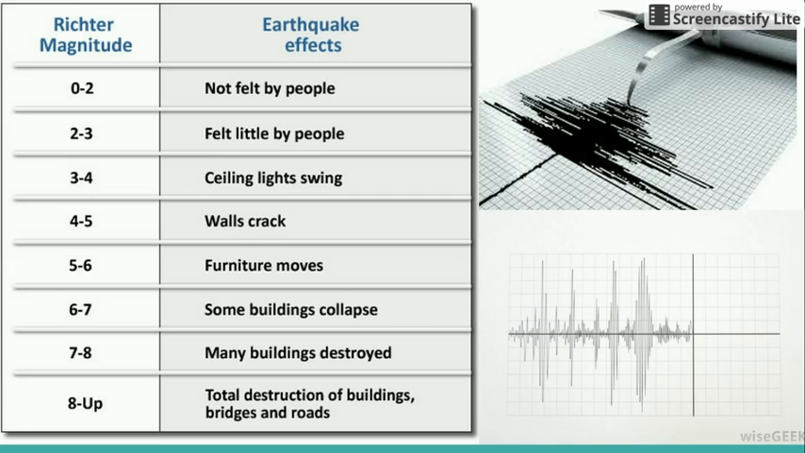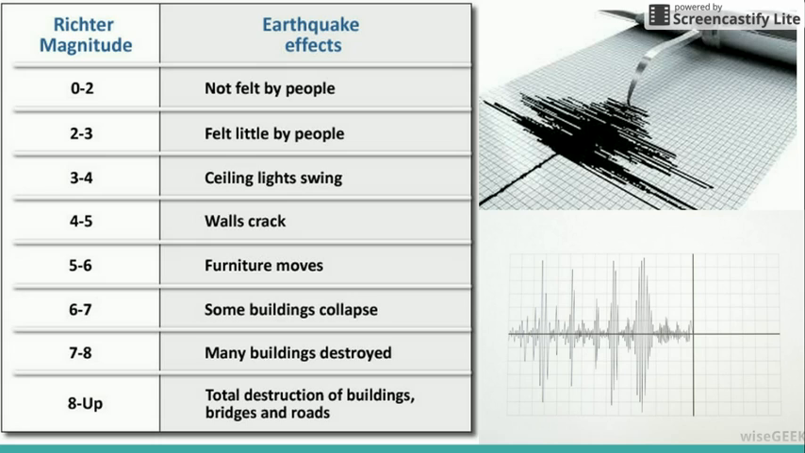And from 0 to 2, it's not actually felt by people. From 2 to 3, it's only felt a little bit. And 3 to 4, the ceiling lights start to swing. 4 to 5, the walls can crack. 5 to 6, the furniture starts moving. A 6 to a 7 magnitude can collapse some buildings. A 7 to an 8 has many buildings actually being destroyed, and an 8 and up has total destruction of